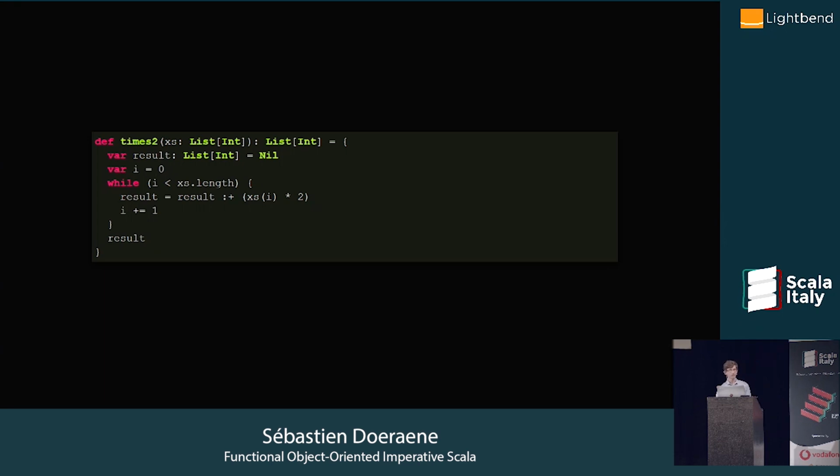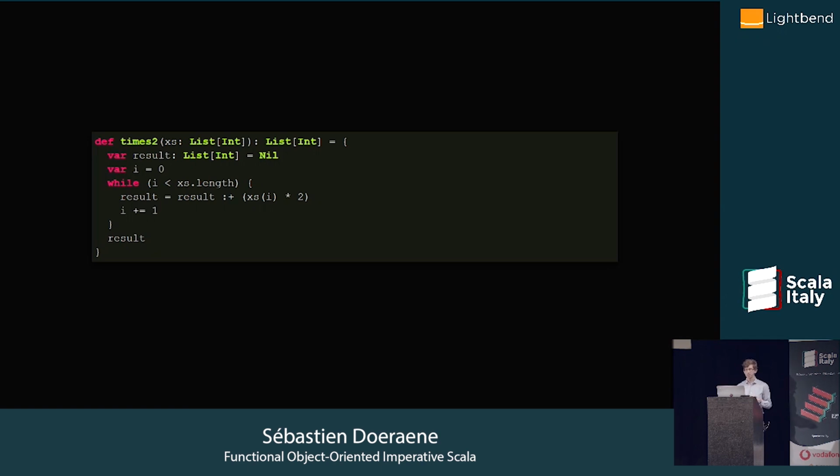Then it uses a while loop to go over the list, and every time it appends at the end of the resulting list xs of i multiplied by 2.